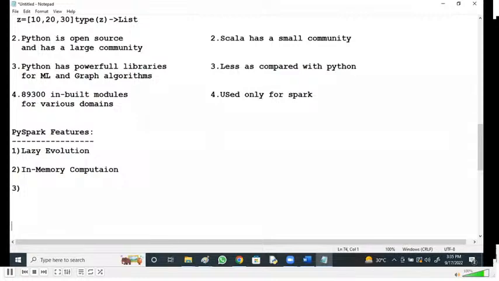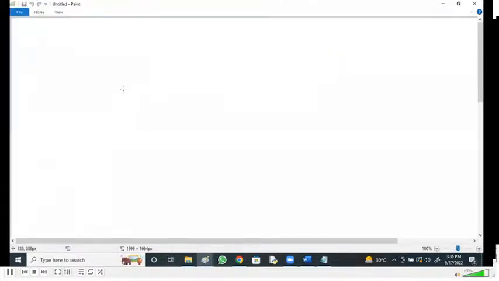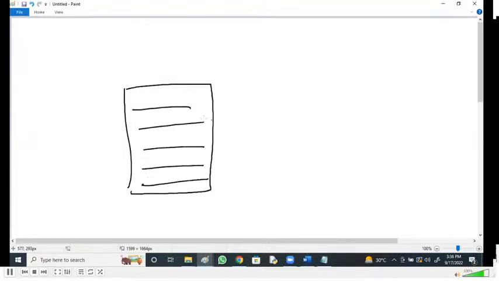For example, just observe this. Generally, this is your Python code, which has some lines of code. In Python, we see interpretation, line by line execution, statement by statement execution. But these Spark data objects won't execute until you make some kind of action. Later I will demonstrate what the various actions are.